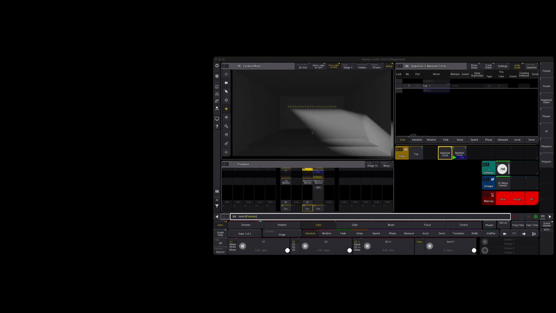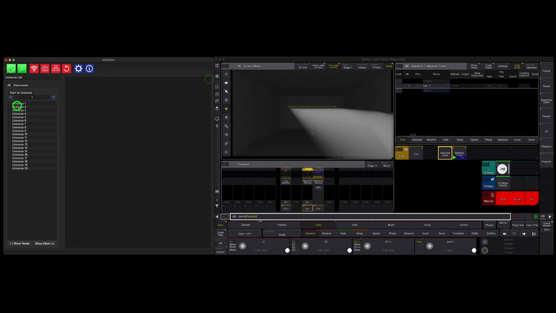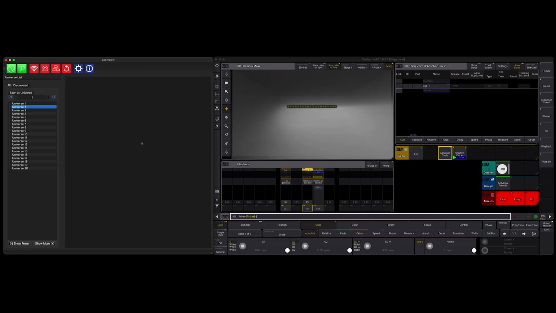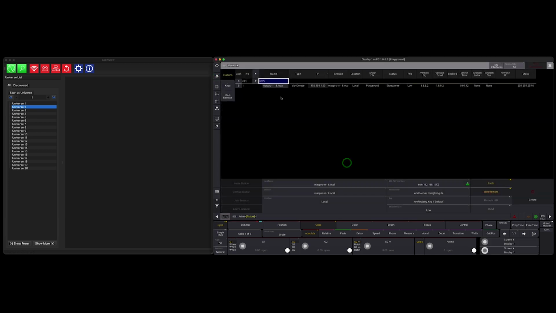So I have it already installed and bring it up here, and right now we see it's not showing any data for any of the universes here. So there's nothing going on sACN wise on my network. Let's change that. In onPC, the first thing you've got to do is go to settings here, click network,